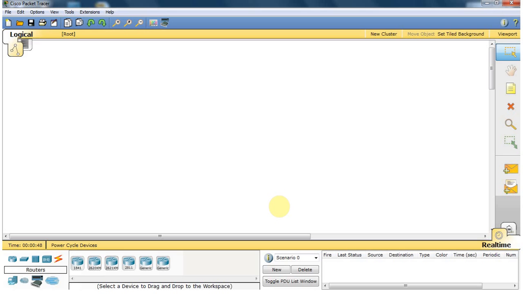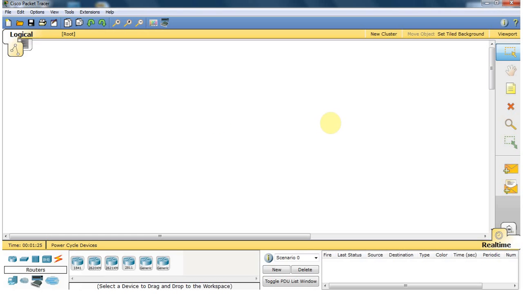Today I'm going to show you how to use the Cisco Packet Tracer in Windows 7, and I already have the Cisco Packet Tracer on my laptop. Cisco Packet Tracer is a simulation tool. It has many advantages for drawing network diagrams. This is my first Cisco Packet Tracer tutorial video, so I'm going to briefly explain some important tools in